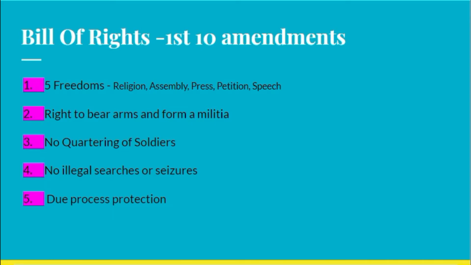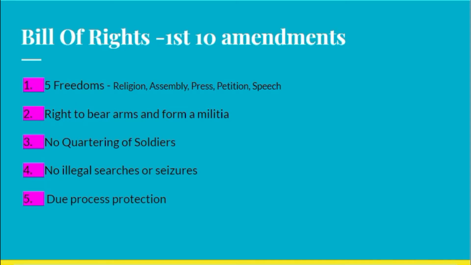Amendment number 4 is talking about no illegal searches or seizures. Seizures meaning take. In this case, we're talking about the idea that we don't want our government to just walk right into your home and search and take your property. That's against the law. Same thing with a traffic stop. If they have probable cause, they can tell you what the probable cause is, and that's where they can say that they can search your vehicle. But if they don't have that proper consent, then that's illegal search and seizure of your property, and that is against the law.